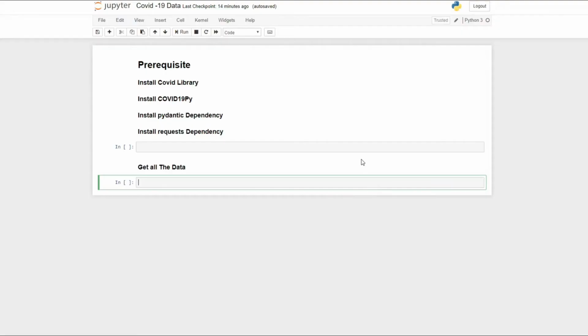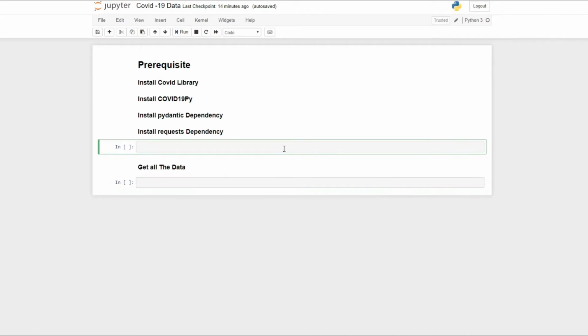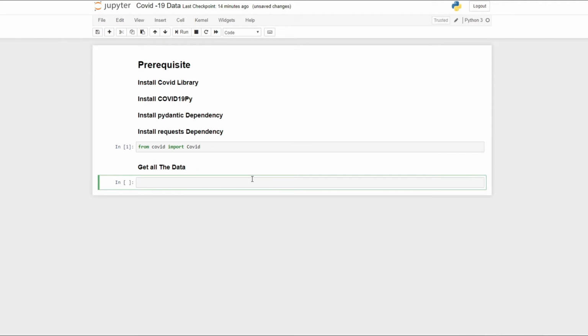So guys, now we will see how to get all the data related to coronavirus. Before that, we obviously have to import that COVID module. So from COVID, import COVID. Actually, the C is in capital. Now run it, and to get all the data from COVID, you just need to write COVID equals COVID method.